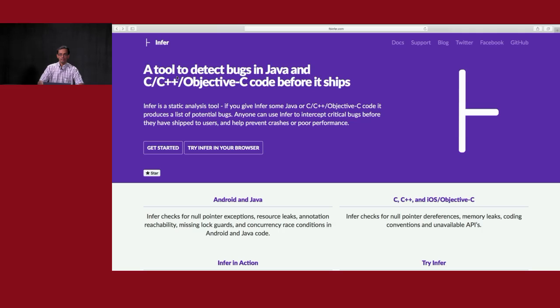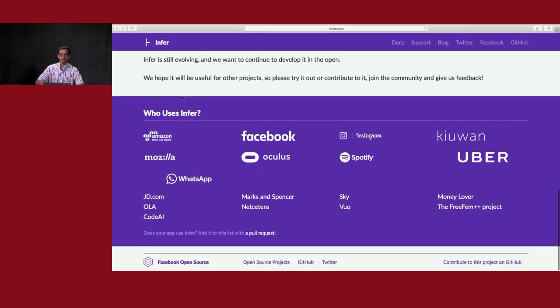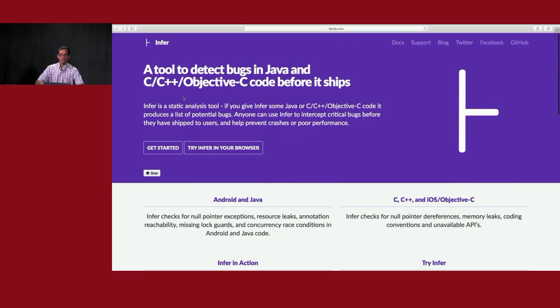Welcome. In this session, we will see how to use a static analysis tool to analyze the software that we build. We will be working with a tool called Infer. It's used in many big companies such as Facebook, Amazon, and many others. And it does many of the things that we talked about earlier, such as